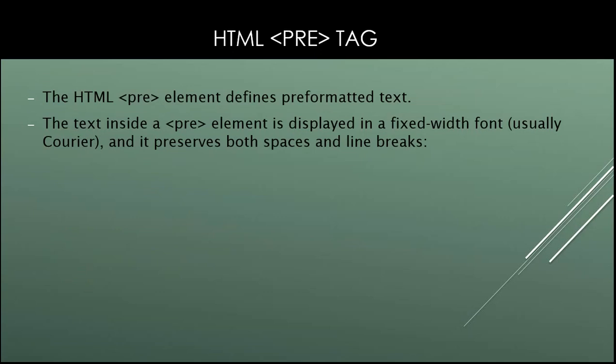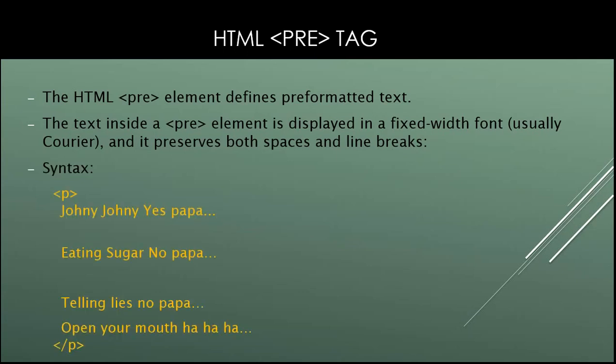And when we use some of the text formatting attributes in HTML, the font type and the font size of the text automatically change. Even for headers and for some text formatting elements, the size of the text and the type of font will be changed automatically by the browser. And when we use this pre tag, the paragraph will be displayed in a fixed width font, and it preserves the spaces and the extra lines that we add.